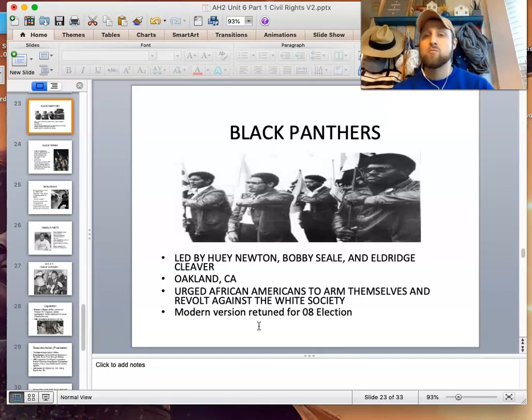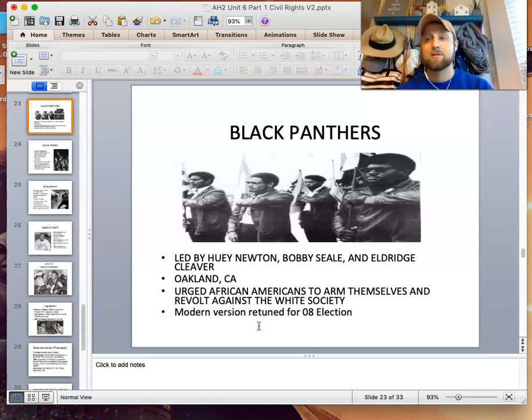A lot of people think this is the KKK for African Americans. That's not what this is. Did the Black Panthers use violence? Yes, but it wasn't their goal to go out and kill white people. It was their goal to present an almost militant face to the civil rights movement and show, a lot of times carrying literal arms, that they are willing to fight and die and in the most extreme circumstances kill for their cause. But they weren't actively seeking out white people.